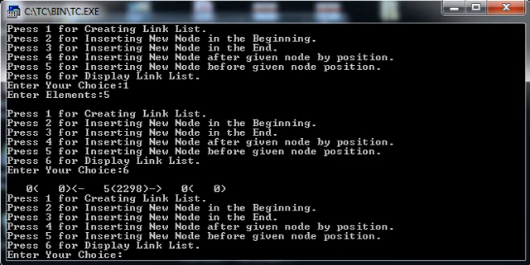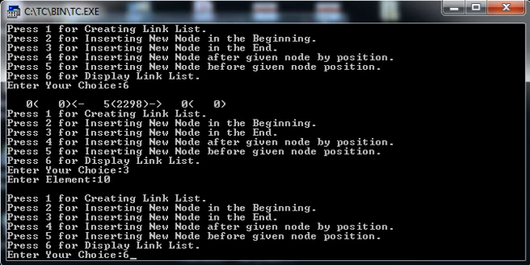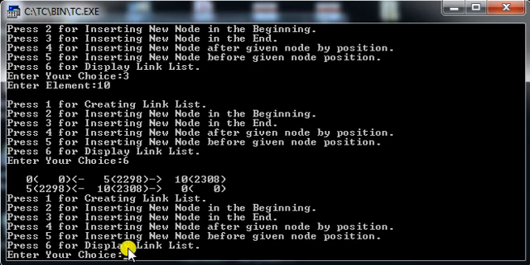Now let me insert a new node at the end, that is case number 3. As you can see, I have inserted a new node at the end, so that will be added at the end. See, this is my first node. In the previous, there is nothing. In the second node, I am having 10, and the address of that node is 2308. If this is my current node, then its previous node will become 5, and its next node will become 0 because it contains nothing. So I can say right now my linked list contains only two nodes.